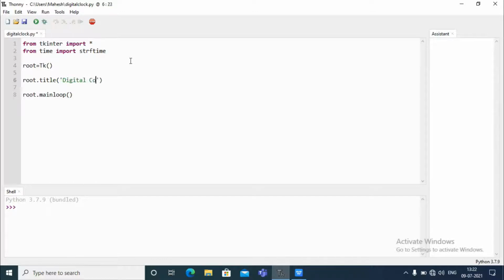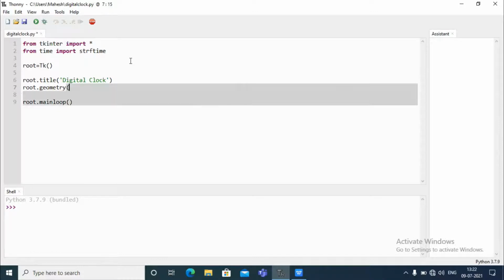And we will set the geometry of the window. So we will use root.geometry, and here we will place maybe 600, and the height maybe 130.